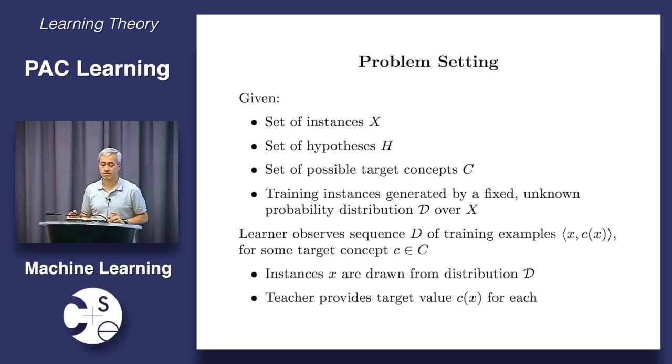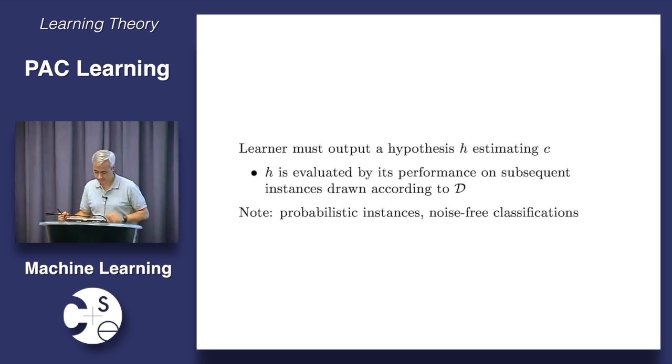So the learner is going to output a hypothesis H, which hopefully is a good estimate of the real concept, the real Boolean function C. And the way we're going to evaluate H is by seeing how accurate it is on future instances from curly D. Again, my instances are chosen probabilistically according to D, but then my classes are given by the teacher deterministically. This is just stating in summary form the setting that we've been in all these weeks.